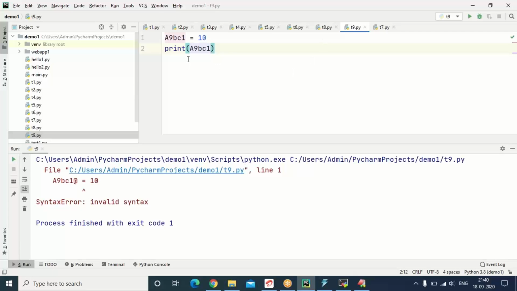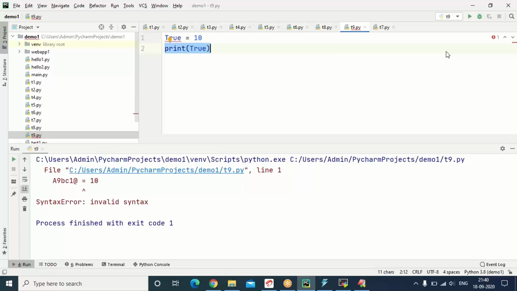Let us see one. Already we know true. True is a boolean literal. It is a keyword. I'm choosing the variable name itself as one of the keywords. I'm printing the same variable. We are not getting any error here.